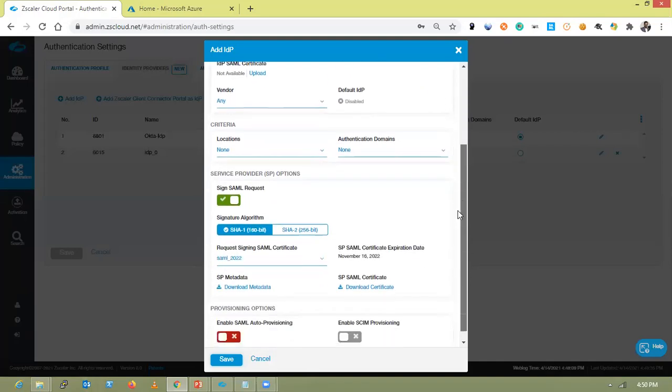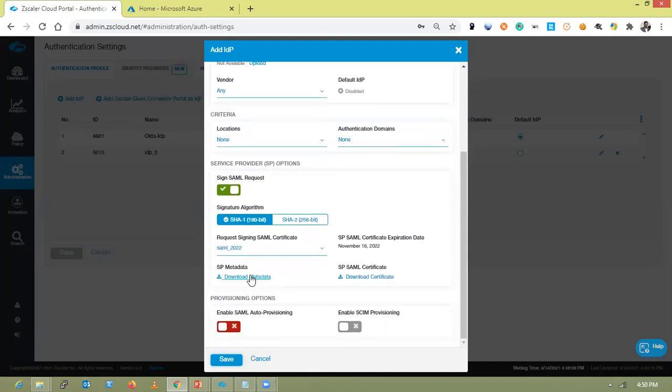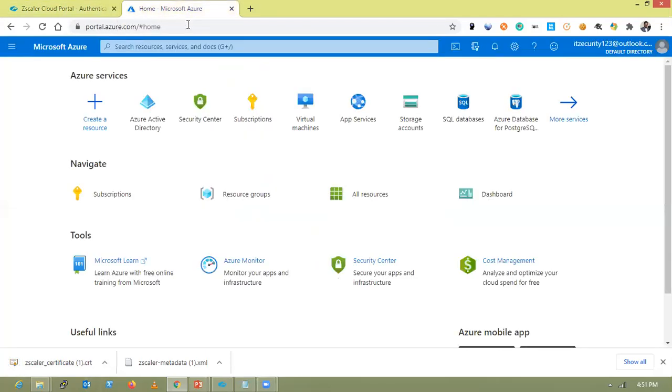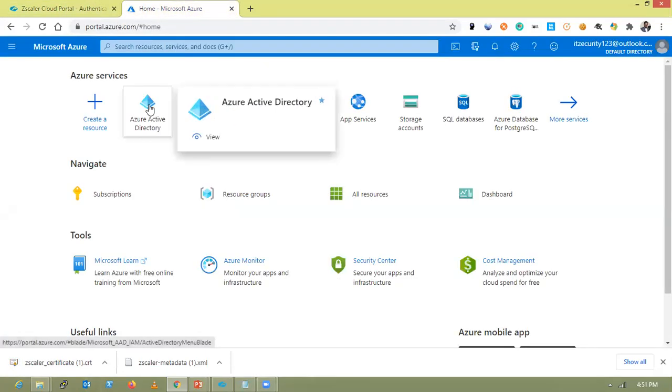At the bottom, you could see a SP metadata file. Download the same, and also you can download the SP SAML certificate as well, and you can click keep. Then go to Microsoft Azure Active Directory,